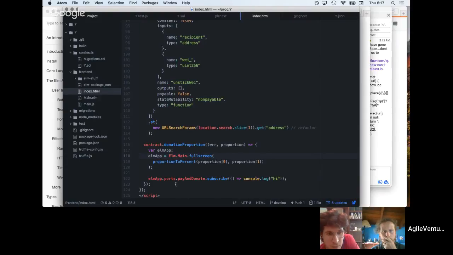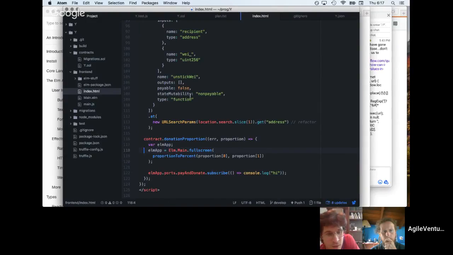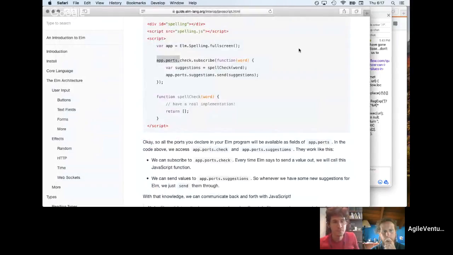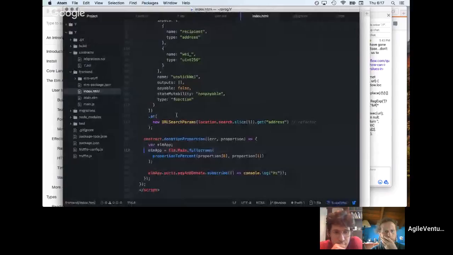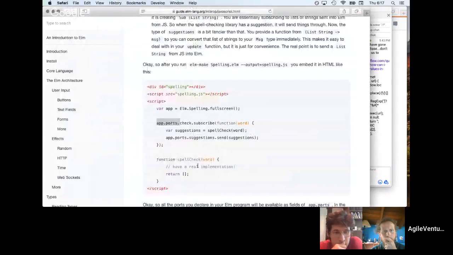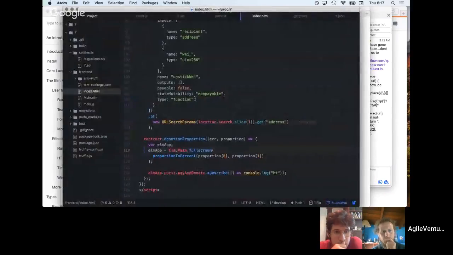Yeah, and I guess it applies here. Yeah, I guess it does. Yeah, you tend to want to follow conventions. Yeah, it's interesting. But that convention's only coming from here. Okay, so let's create a pay and donate port in Elm. And then,